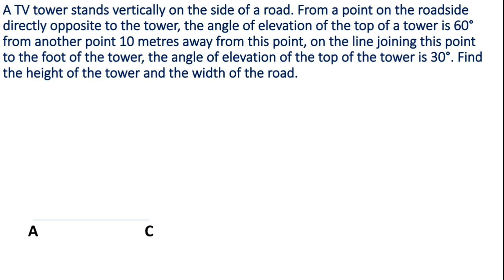Now AC becomes the road, and at one side A we have to consider the tower. So just draw a line at A. Observe this line indicates the tower. So AB indicates the tower, and from C, now from another side we are observing the top of the tower. So from C we get the line of sight. CB indicates the line of sight. Here we get the angle of elevation 60 degrees. Therefore here we get the angle 60 degrees.